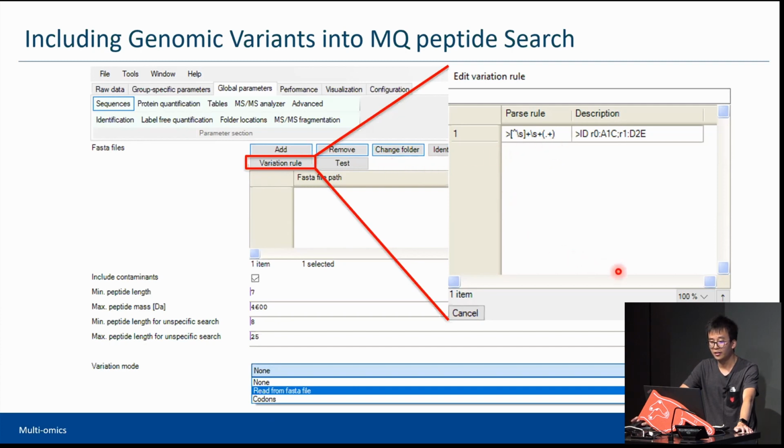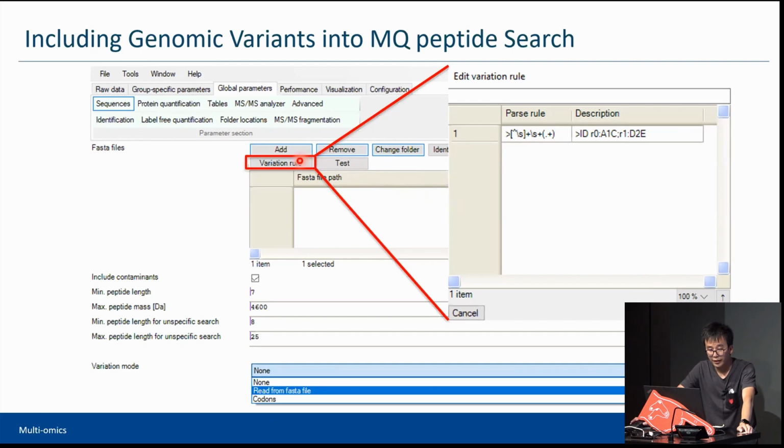So you can click it and just click OK if this database was created by this module. Then if you want to see if they are extracted properly, you can click the test. Then you will see there is an extra column for this